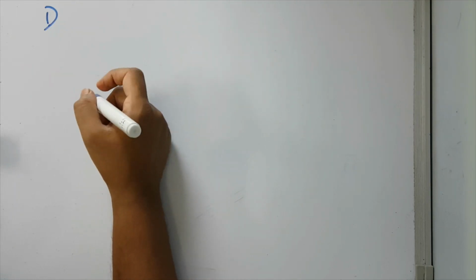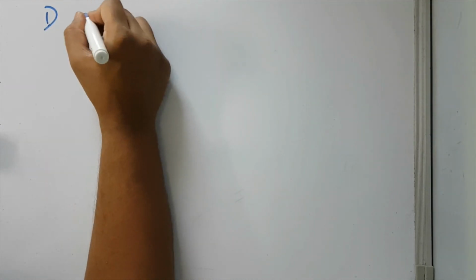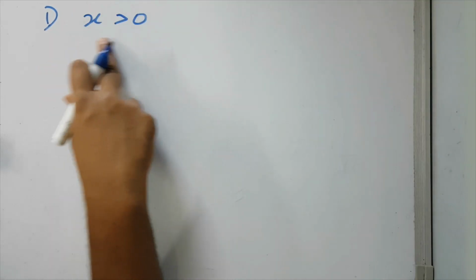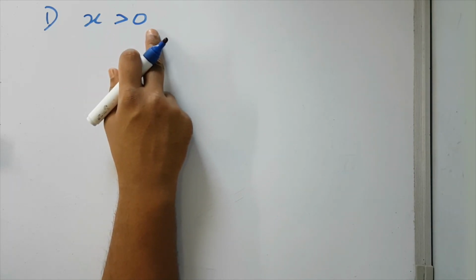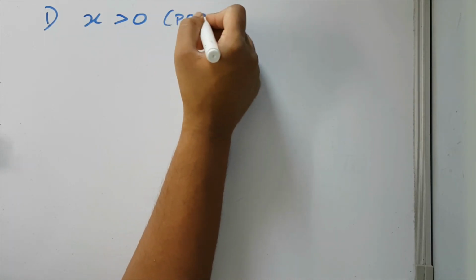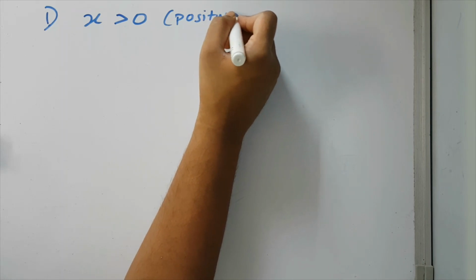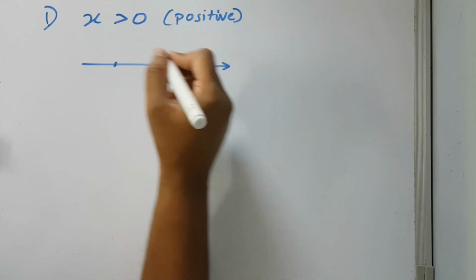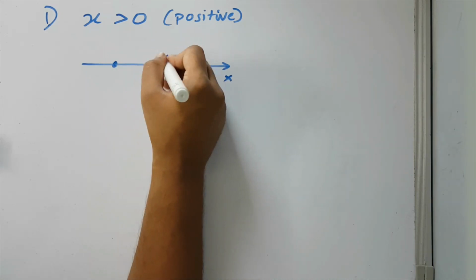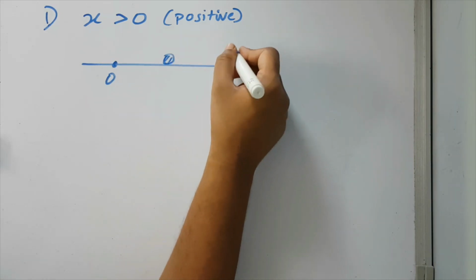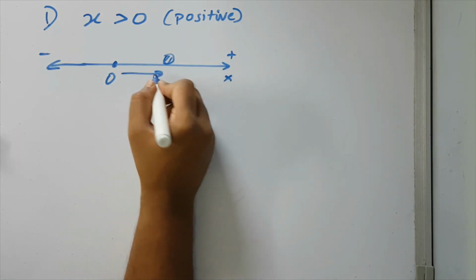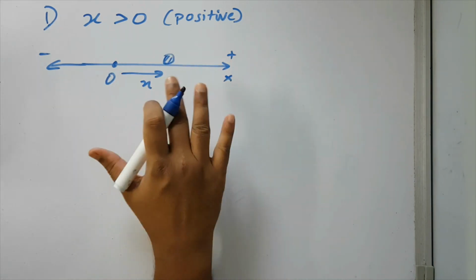Now, the first thing you need to know is, when I say that x is positive, how do you denote positive? Just writing greater than 0. So x is positive basically means the particle is here. This is the origin, this is the positive direction, and this is the negative direction. This is the displacement, the instantaneous position of the particle.